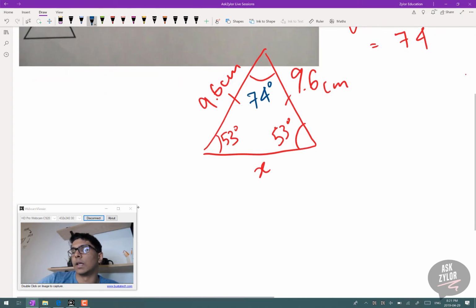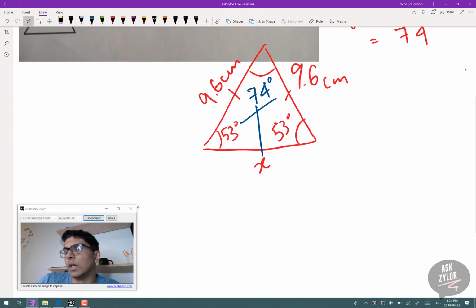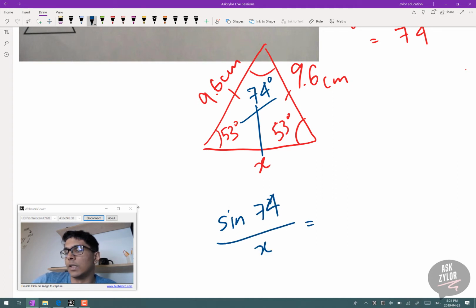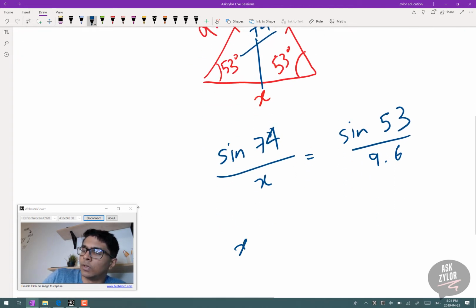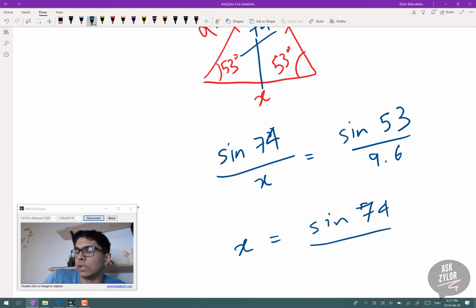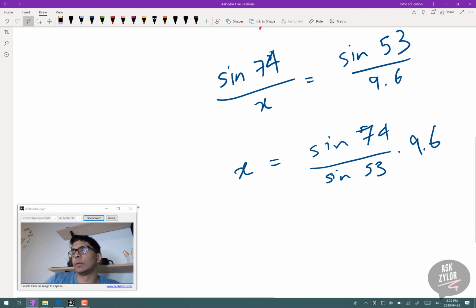Degrees, then I can use sine law by using a pair of angles and a pair of sides. So I can say sine 74 over x is equal to sine 53 over 9.6. Then I can isolate for my x value to be sine 74 over sine 53 times 9.6. If I evaluate that, plug that into my calculator, I should get